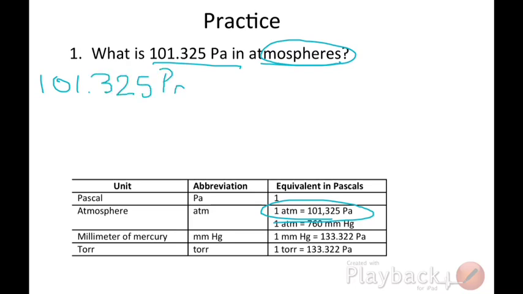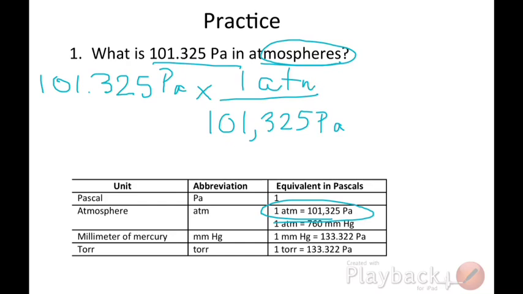We're going to multiply. We need pascals on the bottom, the denominator, so that we can cancel that. And then we need atmospheres on top. Okay, so now we're going to be able to cancel the units of pascals. And then this, in order to simplify, we have to divide